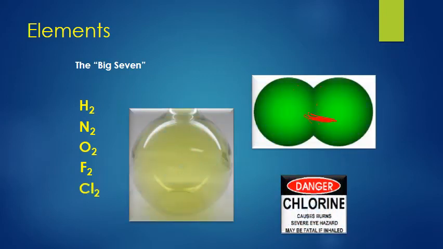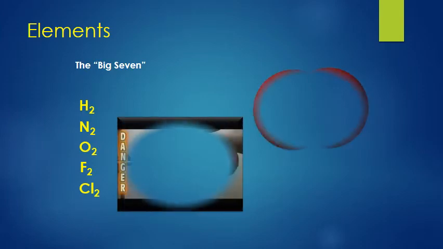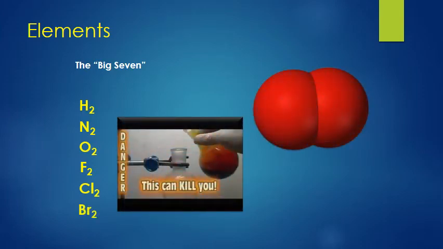Okay, then we happen to have chlorine gas. Yeah, you wouldn't want to breathe this guy. Very dangerous, very kill you dead. Don't want to do it. Nope, so guess what? I don't happen to have any chlorine gas on hand. And then we have some bromine gas. It too can kill you.